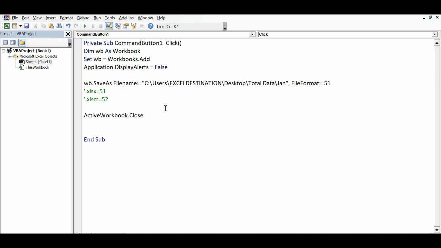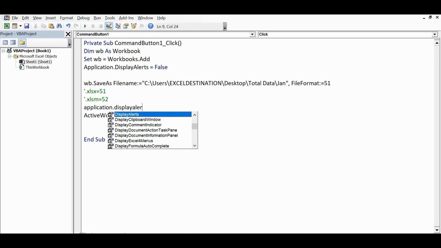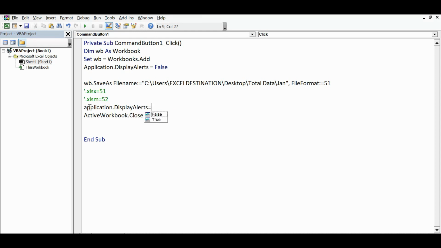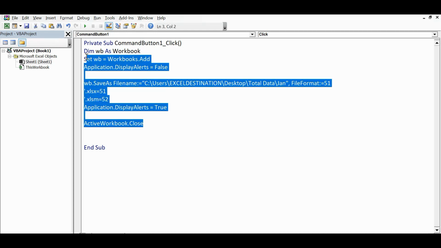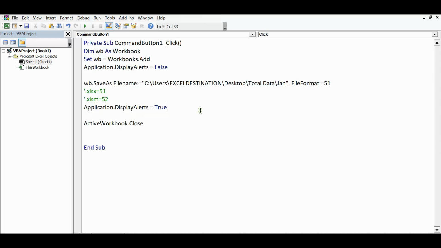And once the workbook is closed, then Application.DisplayAlerts = True. So this simple code will create a new workbook, give the name Jan to that workbook, and that workbook will be saved as a simple Excel file, or you can say with .xlsx type.